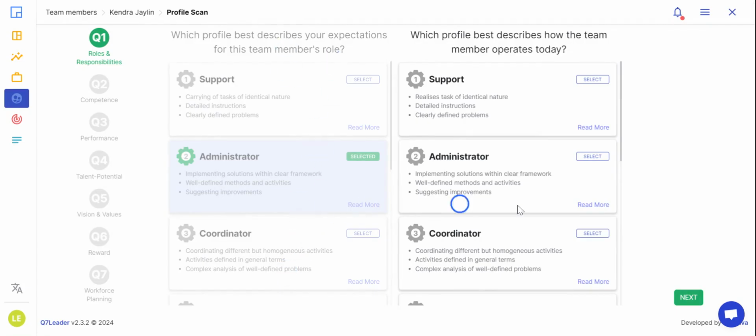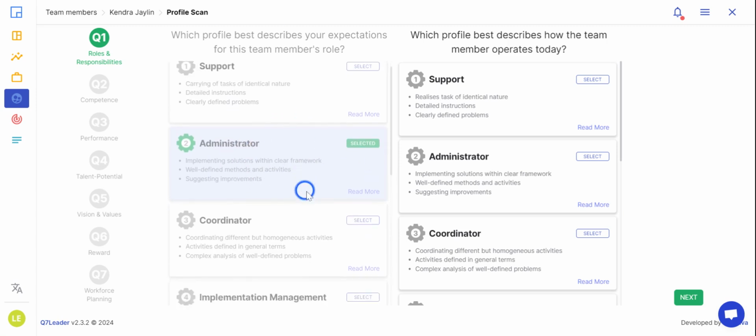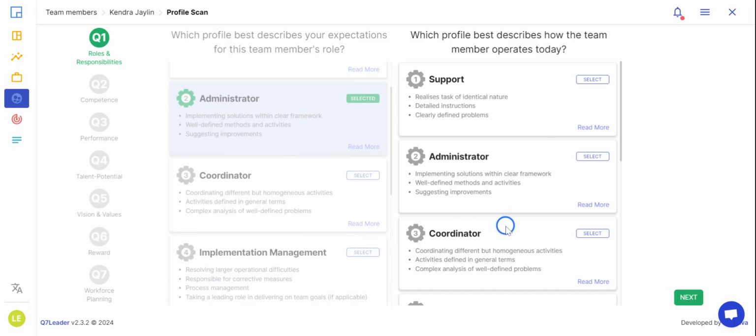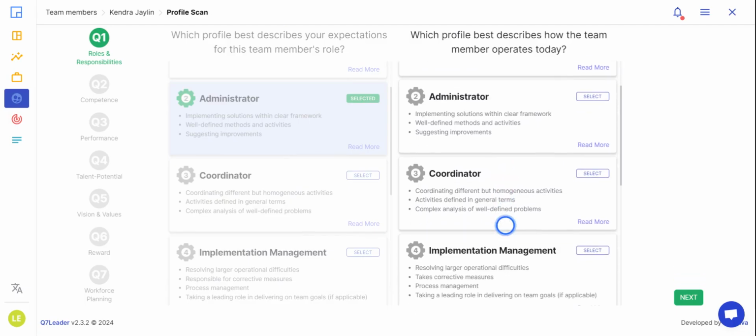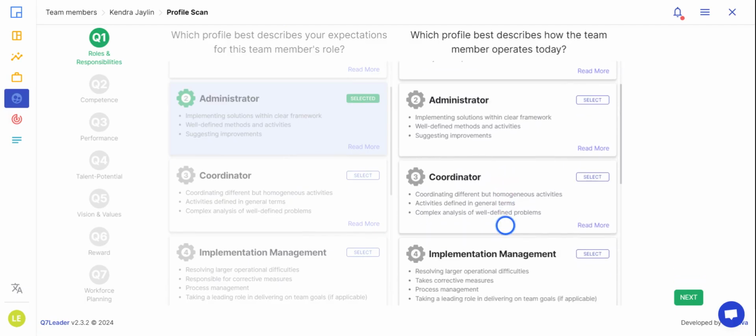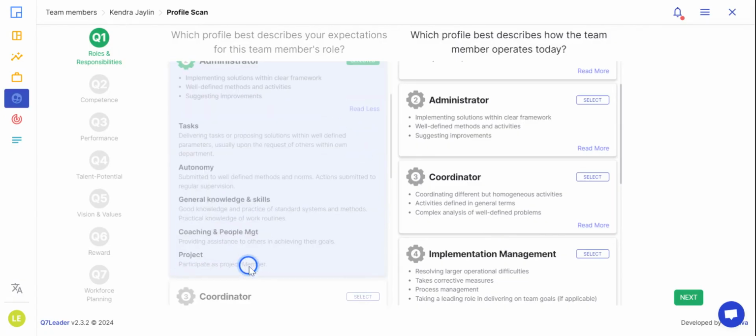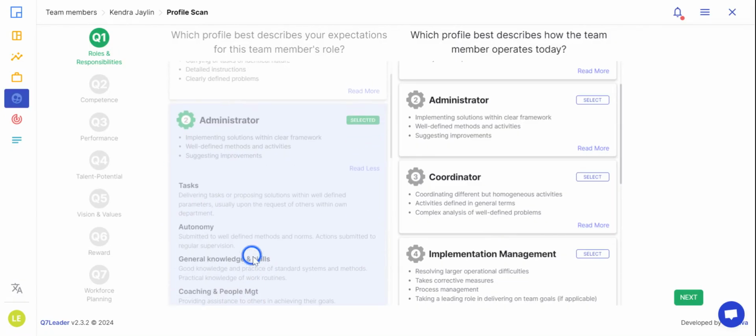So this depends on your company policy. As the first question is already answered, I need to start my work from question 2, which is the operating mode. So I need to see at what level my team member operates compared to the expectations of my organization. For brewer and distiller, the expectation is level 2, administrator, where I can also extend, and I can read the definitions in more detail.